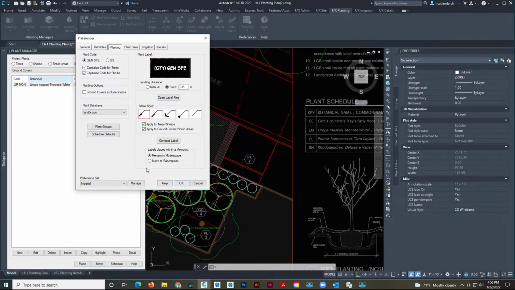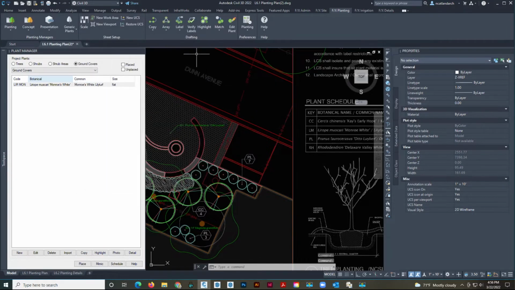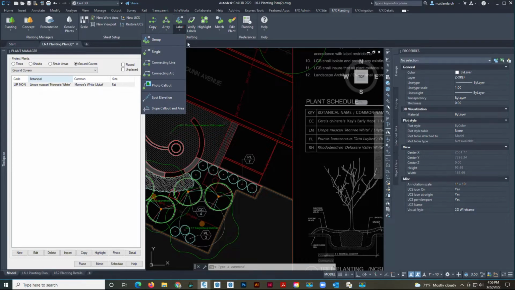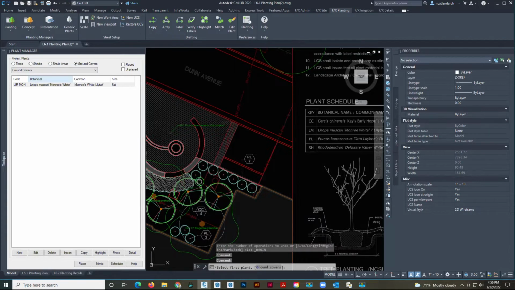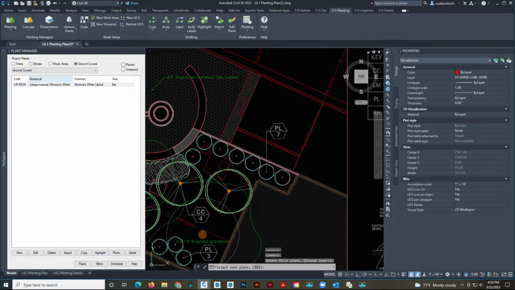Yeah. Then I'm going to say okay. So then I'm going to go to my labels, and there's different label styles. What I want to do is I was taught to always use connecting line, so that's what I like to use. So I'm going to do connecting line. So it asks me to grab my first plant. I'm going to grab it, set the second plant, and it's going to automatically draw a little line there with the plant for me,